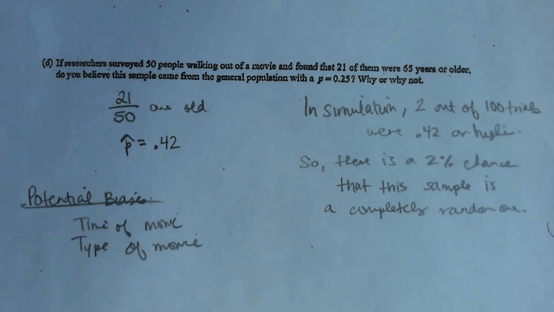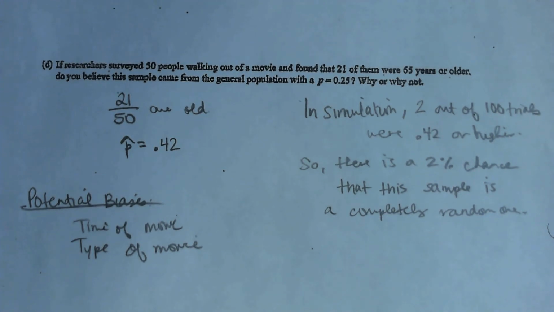It's that number and up and further beyond. That's a great question. You guys have your homework, so let me address this question quickly. So it just so happened on this one that our sample proportion of 42% was really the far end. But truthfully, if there was something on our simulator that was beyond 42%, we would count that as well. Because the question is really like, what is the chances we got that unlucky or even more unlucky? Do you know what I mean? So if I had gotten like a .34, I would be thinking, out of my 100 simulations, what are the chances that I got as outlandish